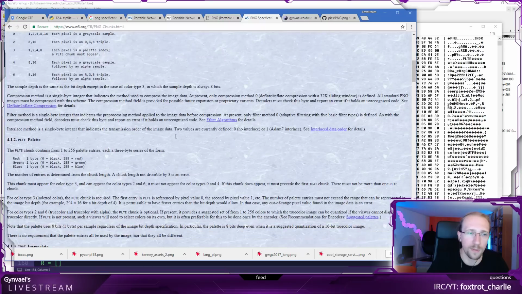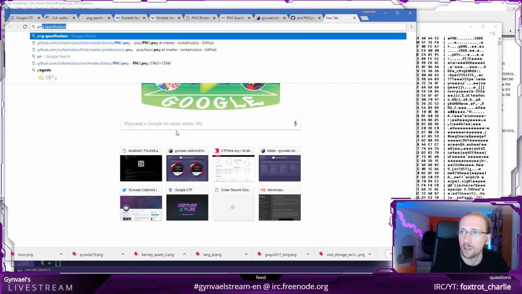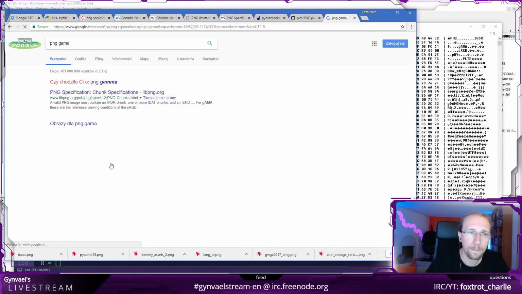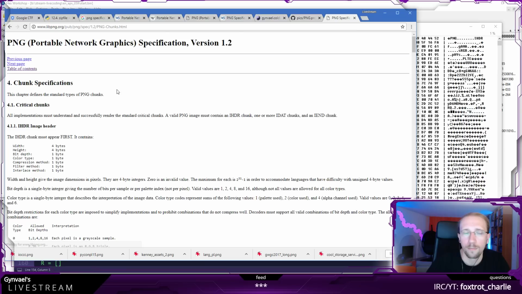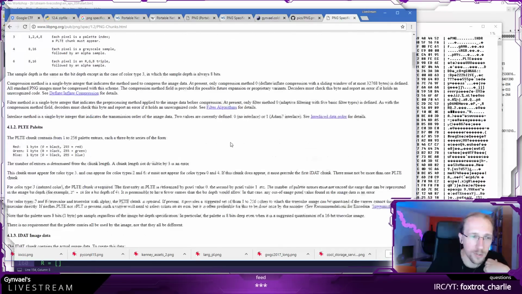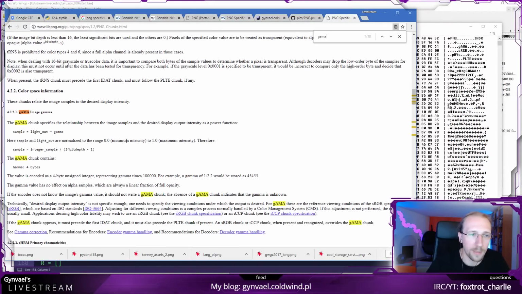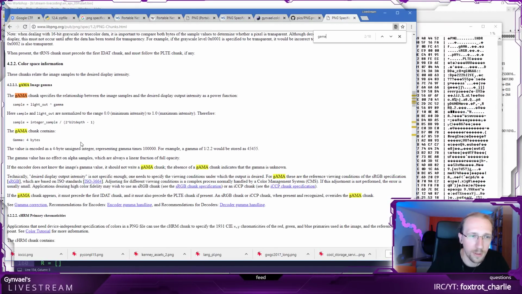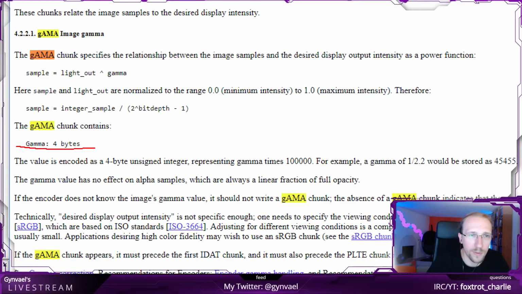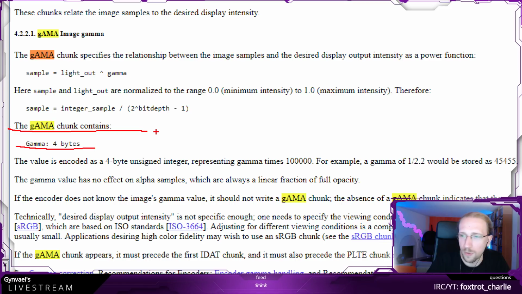Let's see in the specification what the PNG gamma is. Okay, the PNG specification says the gamma chunk contains 4 bytes, and that's the gamma.